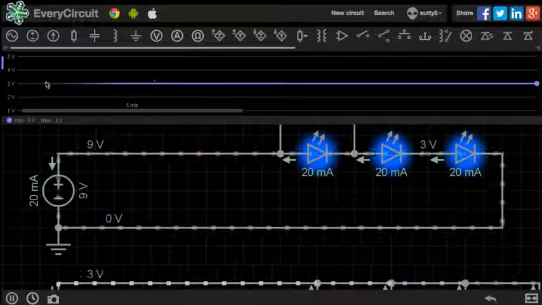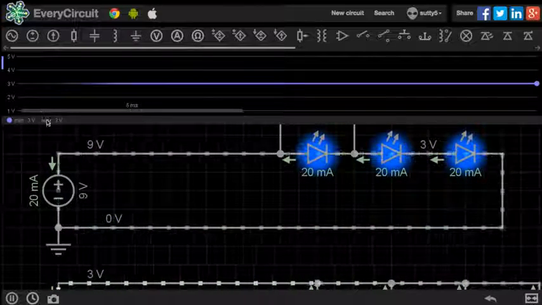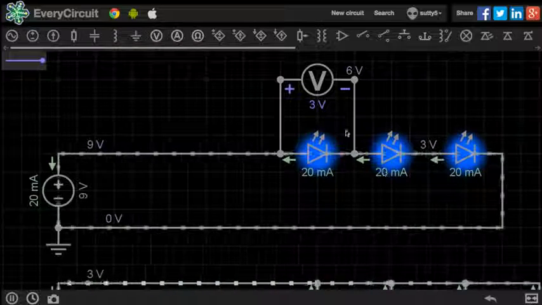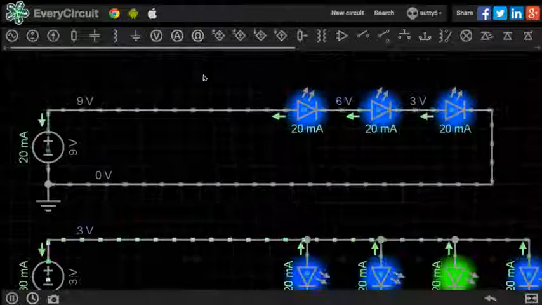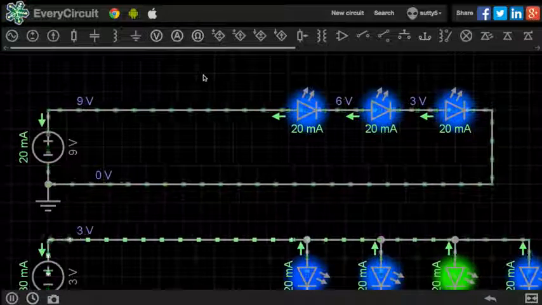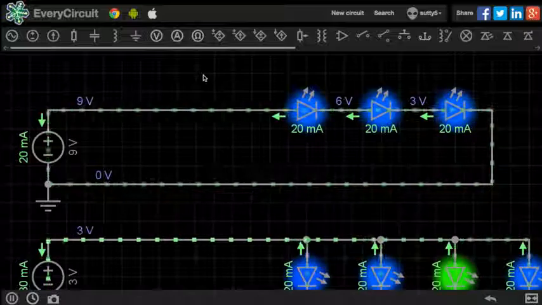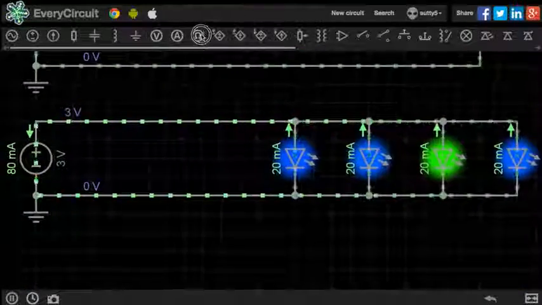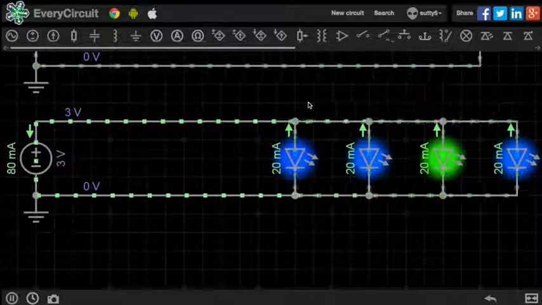And you can see here we've actually measured 3 volts across this one LED. Each LED has 3 volts across it. So in a series circuit, the voltage has to be increased to overcome the resistance of all the components in that one series path. If we go to have a look at the parallel circuit, a parallel circuit is powered